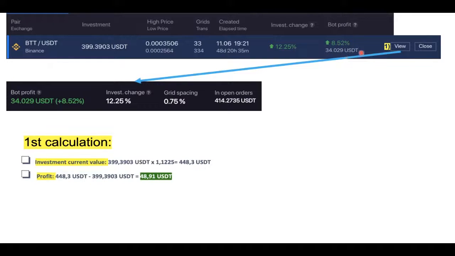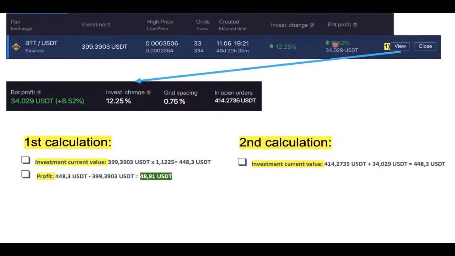But the fixed one, I mean the one which is already in my pocket, that's the bot profit. And the second calculation that you can use is simply you take